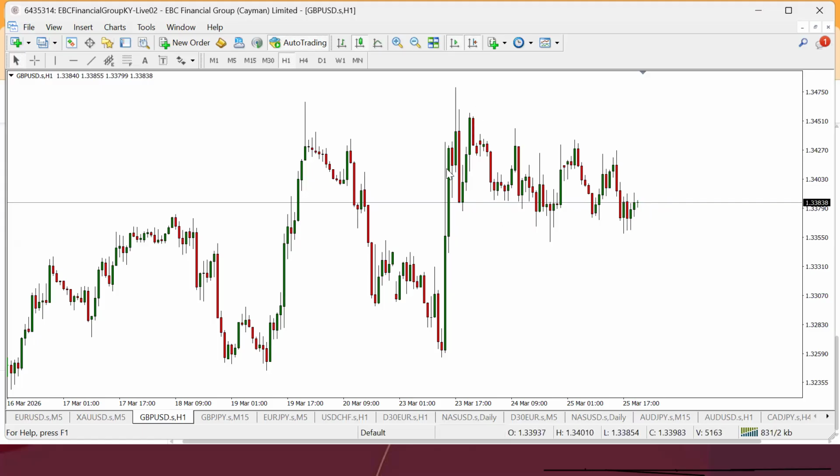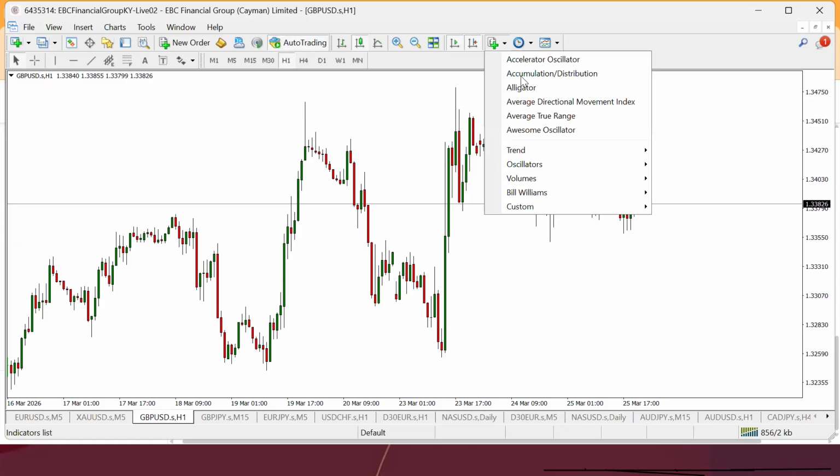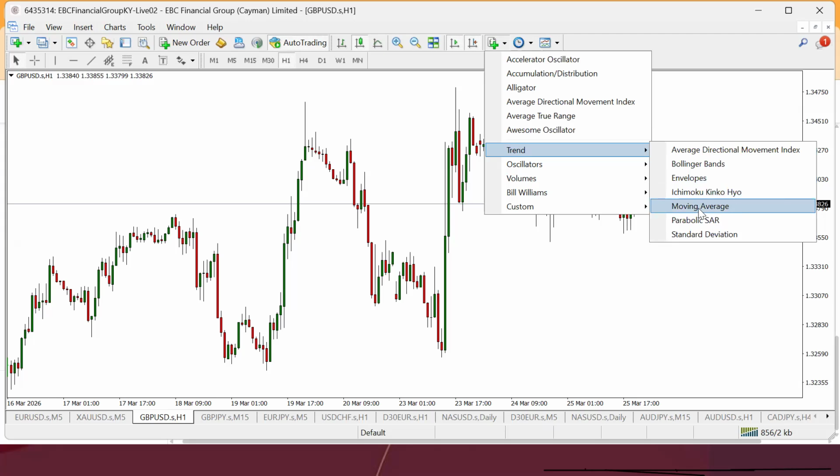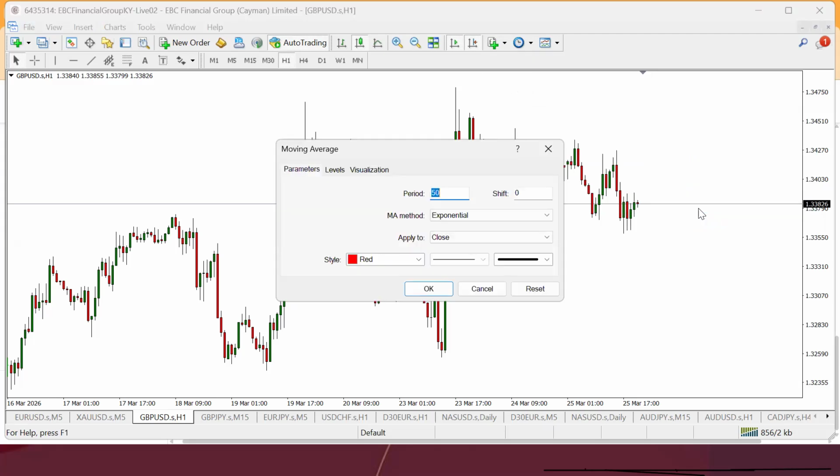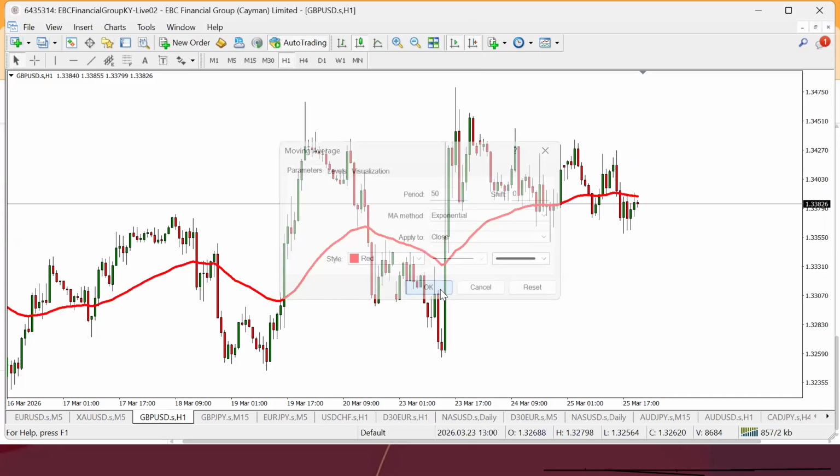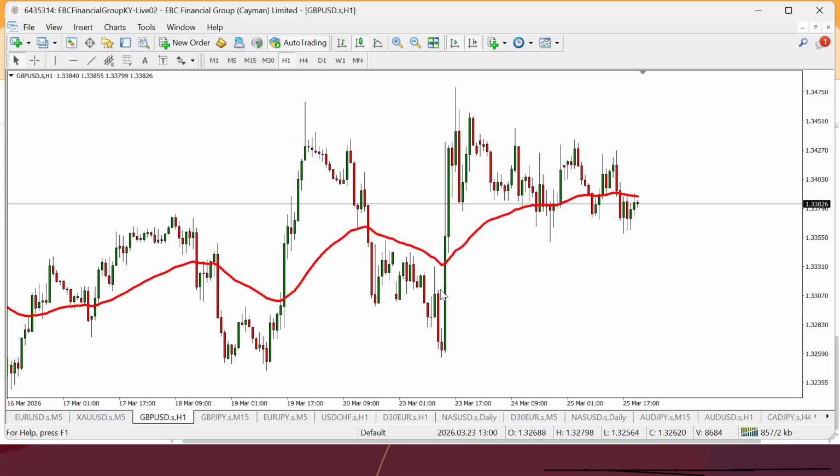This is a sideways market, and you can put this whole thing in a box. So anytime you can put price in a box or price is moving horizontally on the chart, we say price is consolidating. Now, one of the best ways to know if price is consolidating or not on the 1 hour time frame is using what is called the moving average. With a 50-period moving average, I'm going to set this on my phone also so you see how it is being set, you can quickly tell if price is going up, going sideways, or going down.